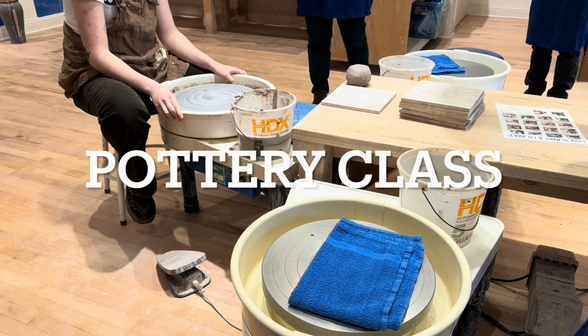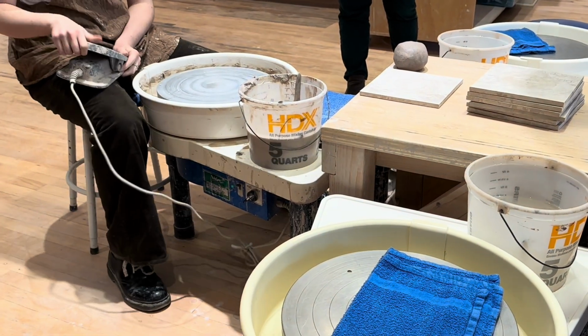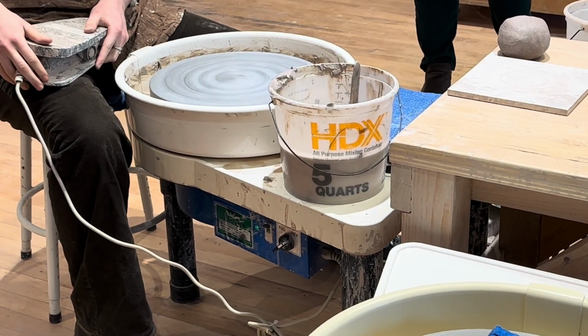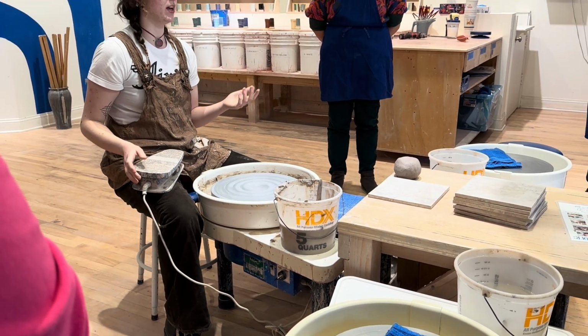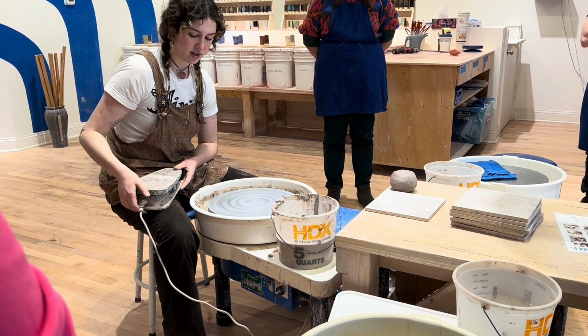Splash pans. This is where water goes as I'm throwing. And then the pedal, very similar to dry bean. You press forward and it goes, and the farther you press, the faster it'll go. But different is, if I find a speed I like to work at, if I lift my foot off, it'll stay at that speed. So it's really easy to adjust it because the pedal's very sensitive, but I like